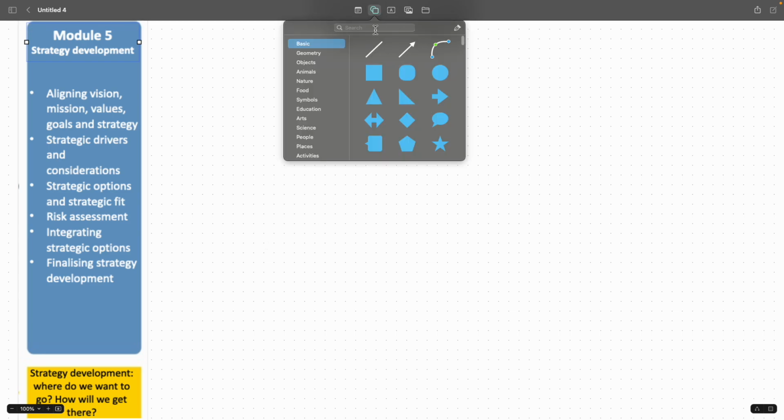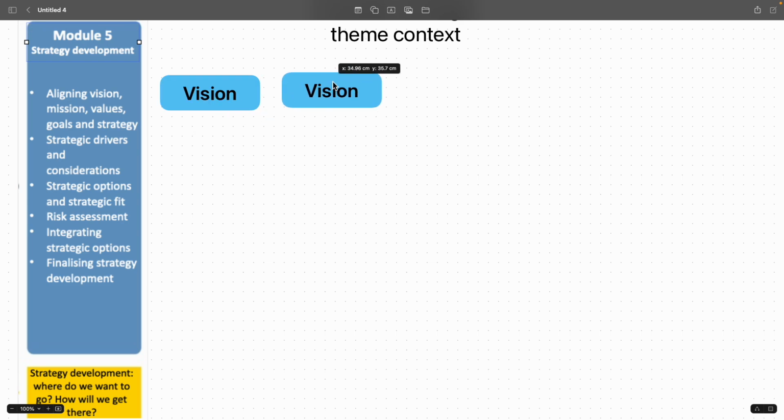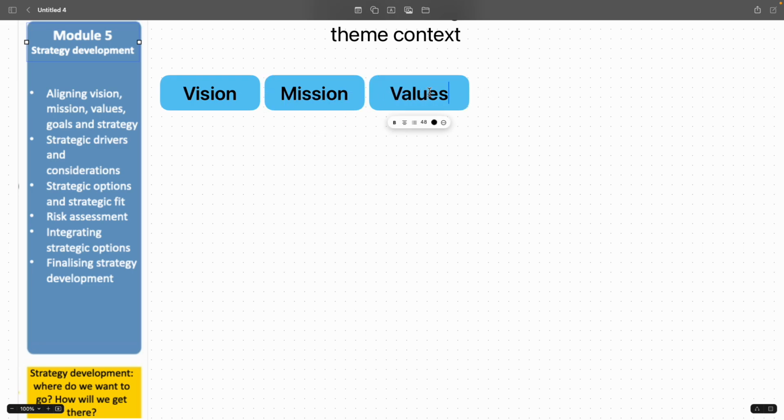So the idea here is making sure you got the vision on one side, and this vision aligns with your mission, and then this also aligns with your values. Okay, and this vision, mission, values, then you can bring it together under one heading called your goals,